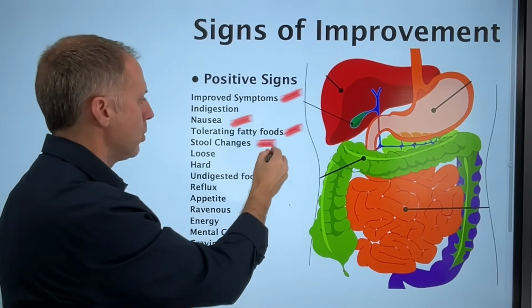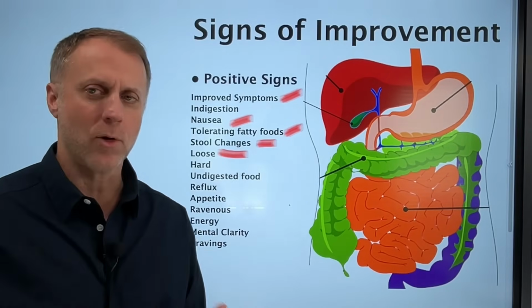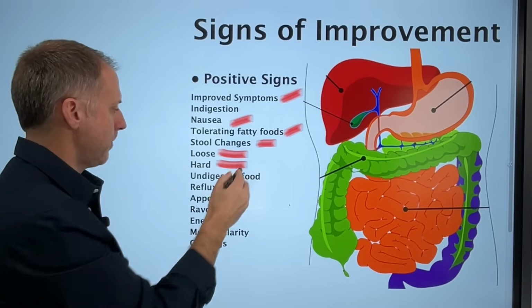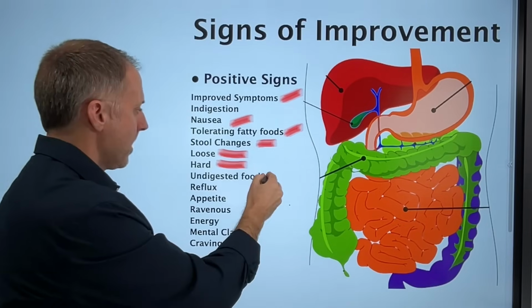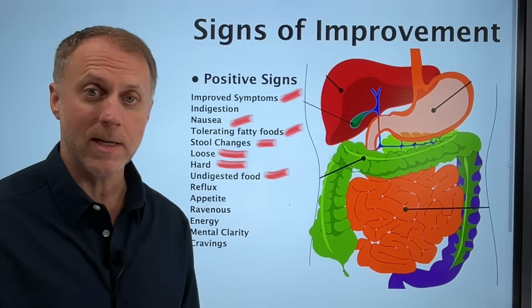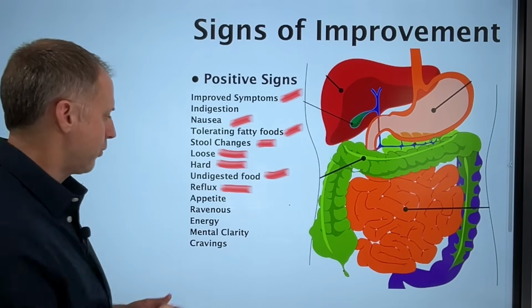Changes in your stool, and that could be changes where maybe you're correcting issues where you have a chronic diarrhea and the stool is too loose, or maybe a chronic constipation where your stool leans too far on that hard and constipated side. Undigested food, seeing that in your stool, if that starts to decrease, that's a sign that things are going in the right direction. If your reflux improves,